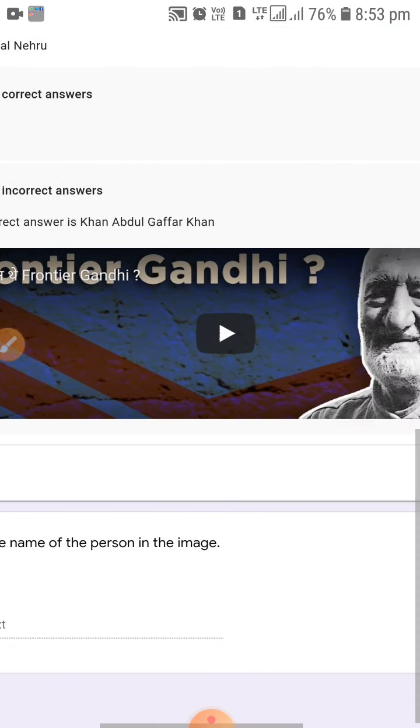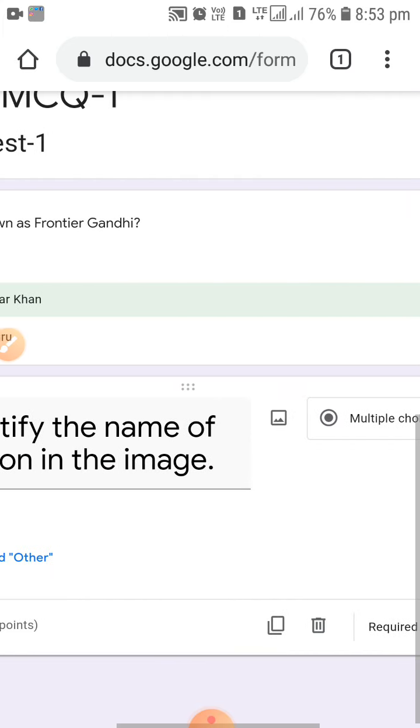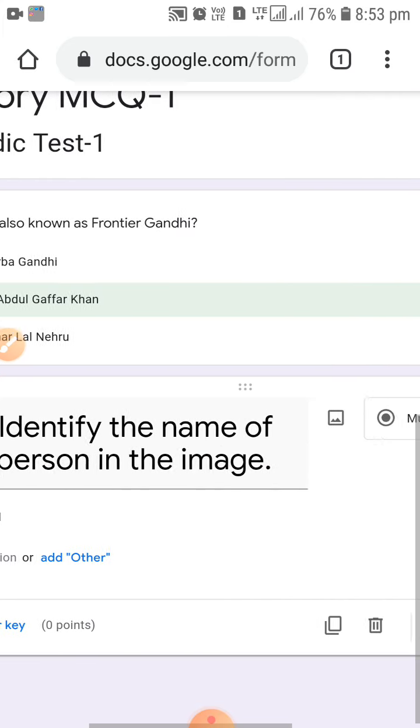If you are giving multiple choice, then click on this multiple choice, and if you want to add one image also with this one, that is quite easy, my friend. You can easily add the image by clicking on this over here.